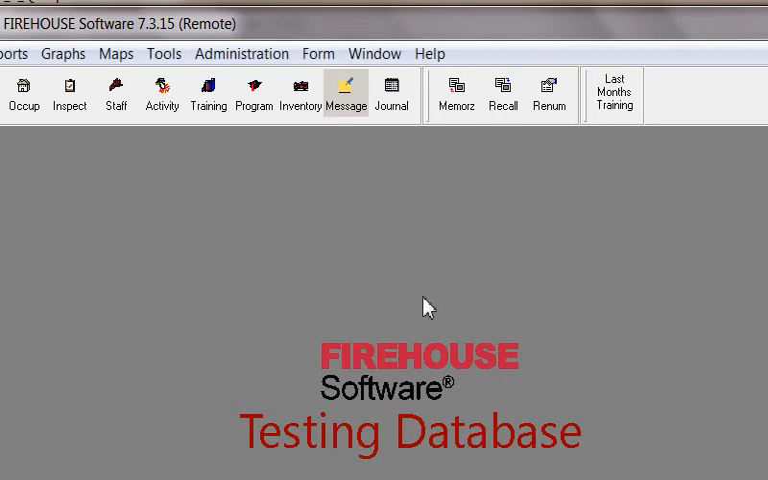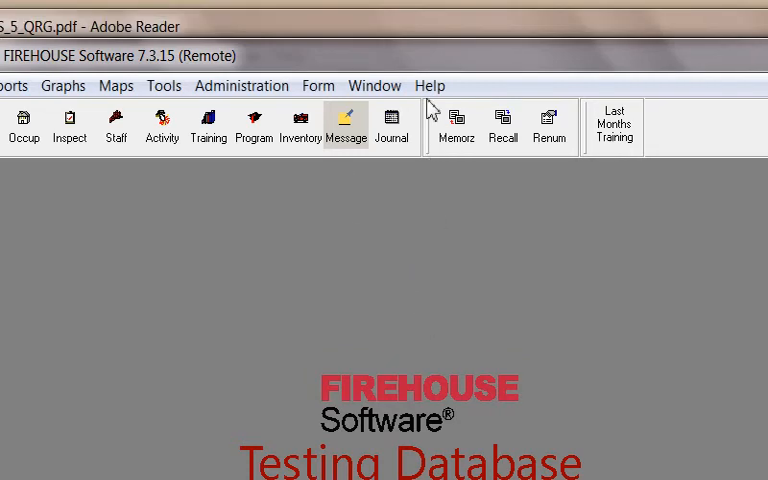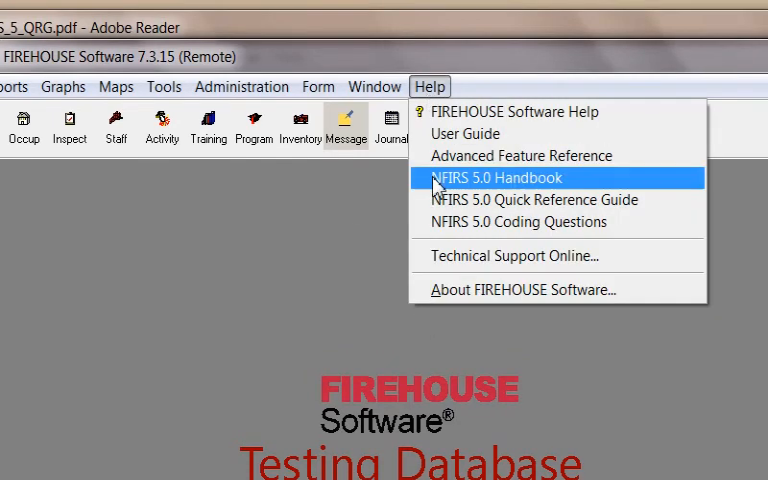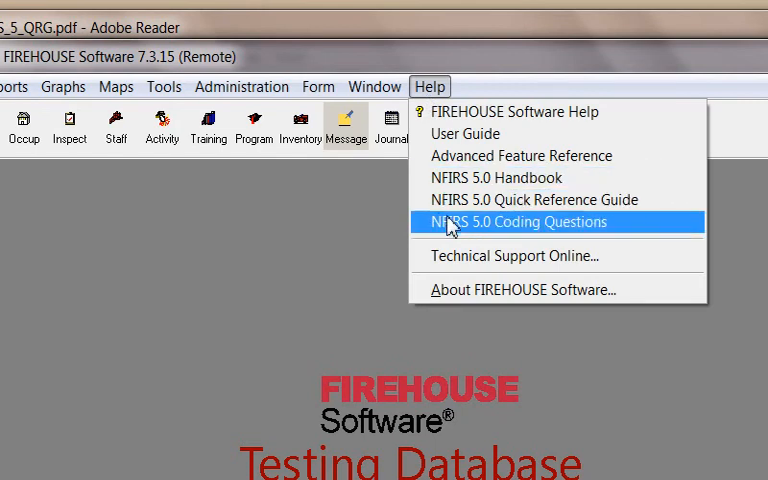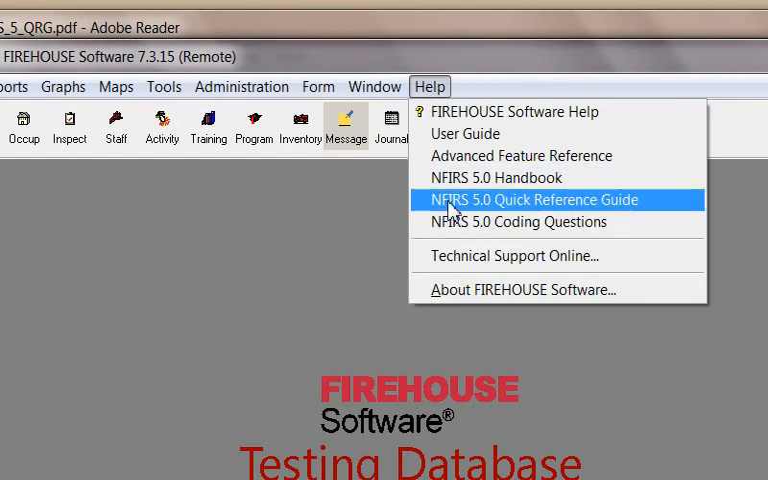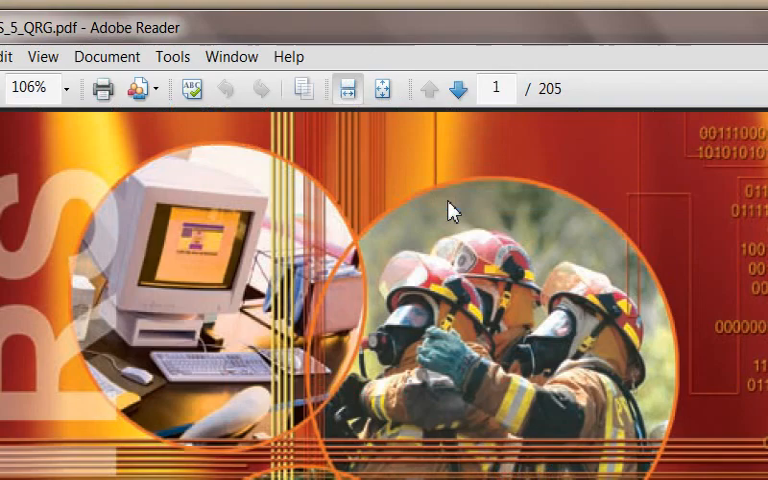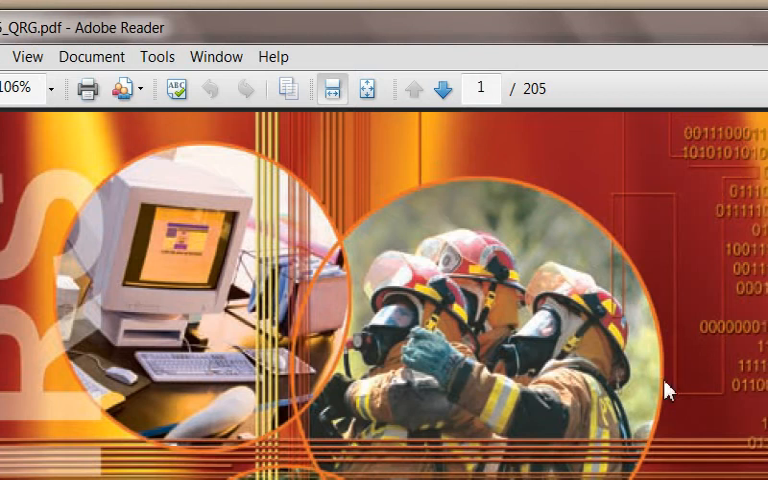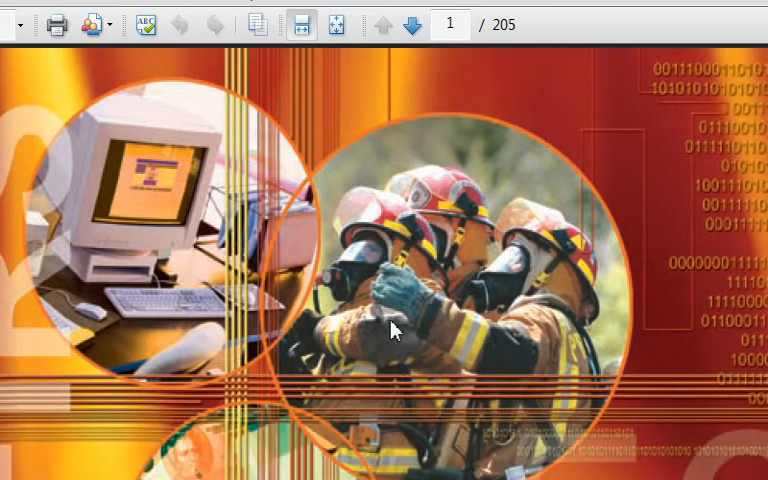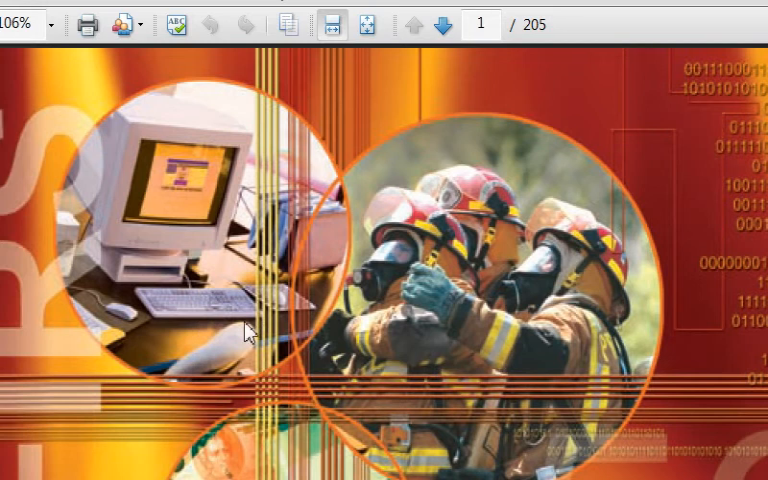In our database here, the first thing I want to show you is that under the Help menu on most of our desktops, we should have a couple PDF files here, and they're a real good reference as to what the National Fire Academy or the Fire Administration wants us to use as far as the coding and things like that. So these open up a PDF file here, and it's a little small, but